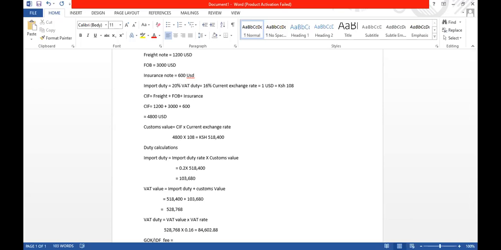Initially, it used to be 2.25% of the CV, but there was some adjustment which they wanted to be 2.5%, but currently what is being used is 2%. It is being reduced maybe due to this pandemic. So currently you're using the 2% instead of 2.25%. So let's say we're going to use the 2%